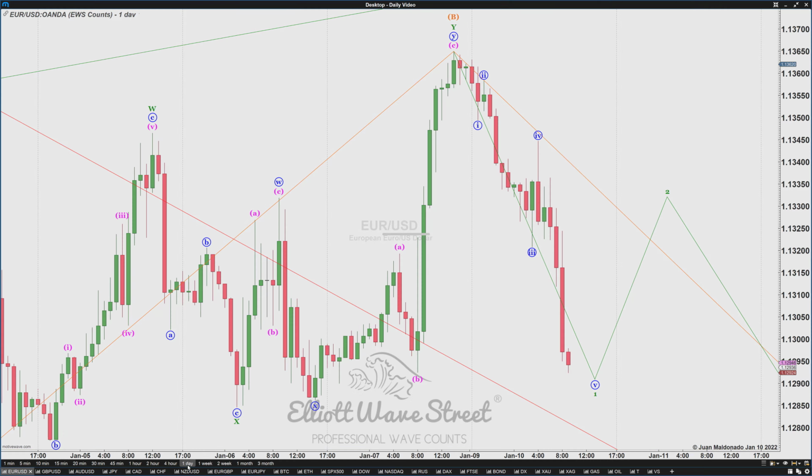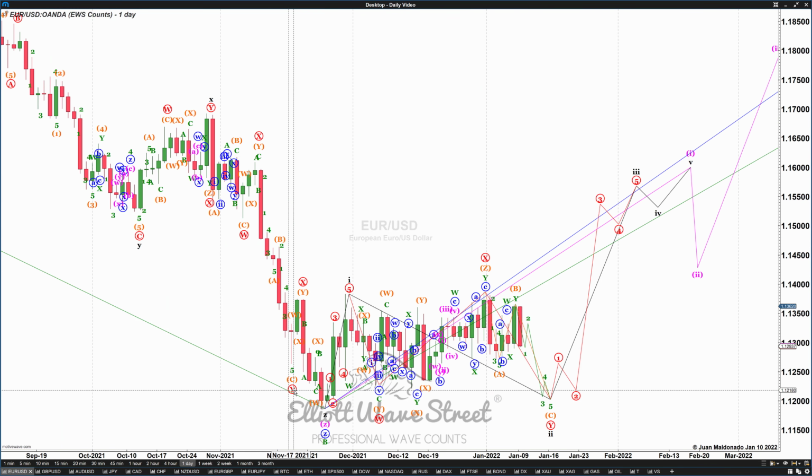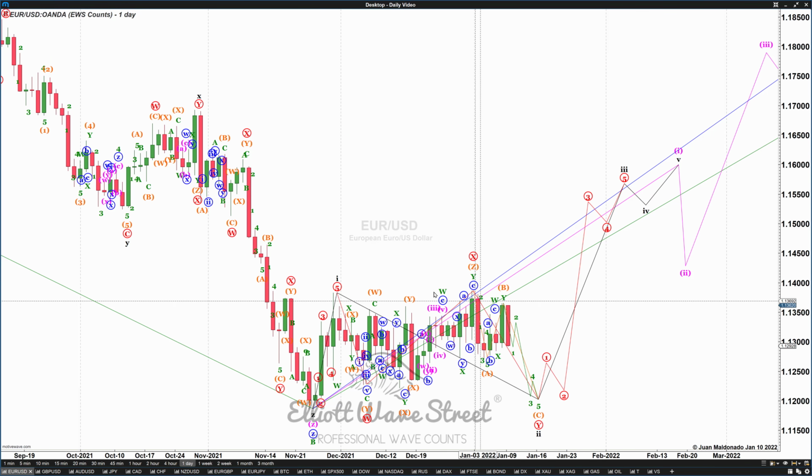Let's start with a daily chart on the euro-dollar. On the euro, we're seeing complex price action going sideways since November. And the plan from the Elliott Wave point of view is to have price testing this area. It's around 112.20. If price is able to move down to this area and reject, we're going long from